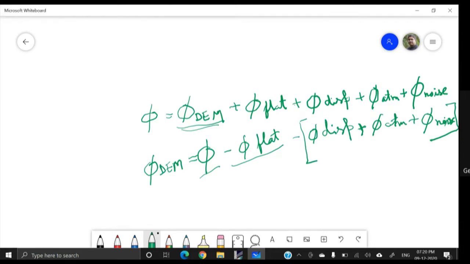So this works best if atmospheric contributions and other noise is kept as small as possible, because they are hard to estimate. And if there is no elevation change between two images, between two acquisitions, because of temporal variation, then also the atmospheric contribution and the SAR noise will be there. Then what is this one? Displacement.